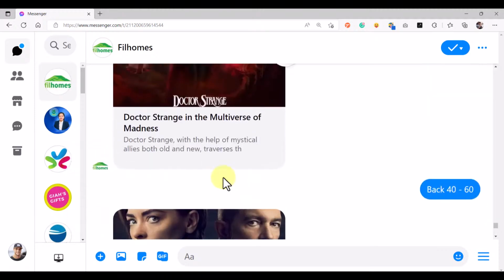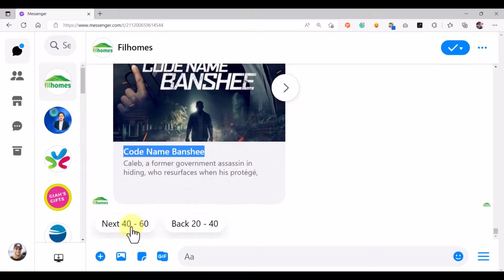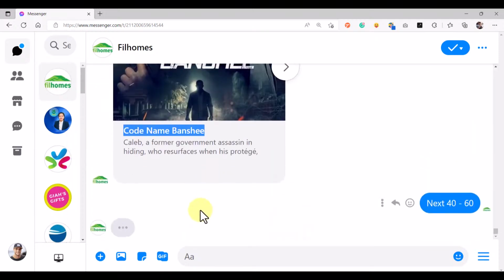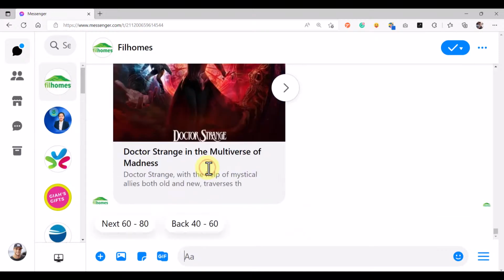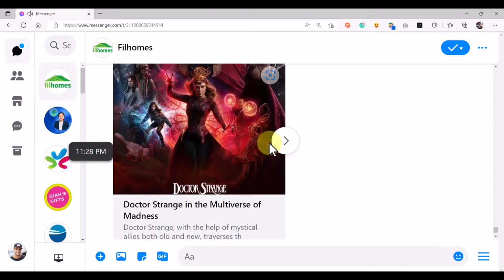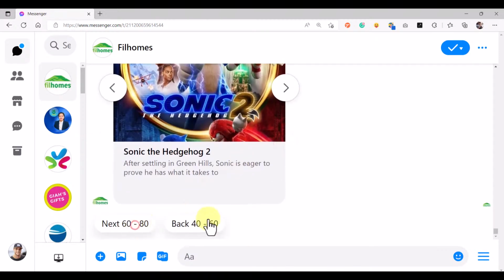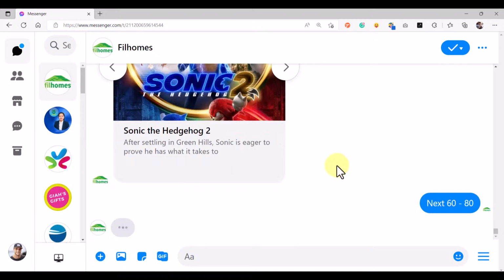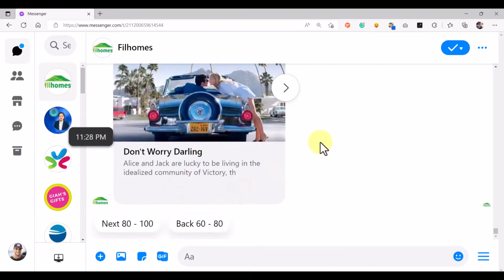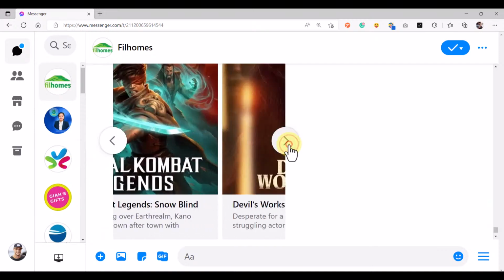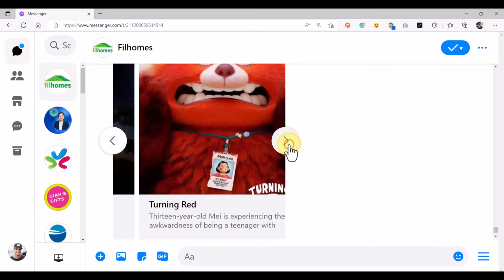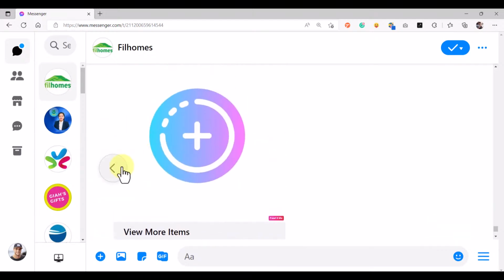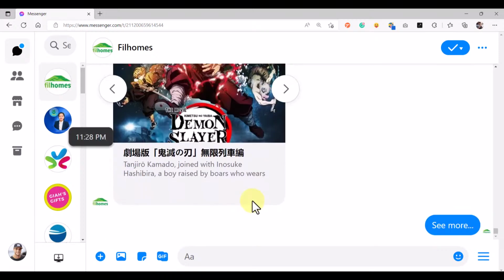It is functioning correctly. So the next batch, which is 40 to 60, I should see this movie, Doctor Strange. I should see that movie, because that's the first movie of the next set. Okay, great. This is working correctly. Okay, if I click next 60 to 80, I should see that as well. I should see the next movie at, okay, great. This is the next 60 movie. And if I want to view more, I can click see more at the very last element of my carousel, and I should see the next